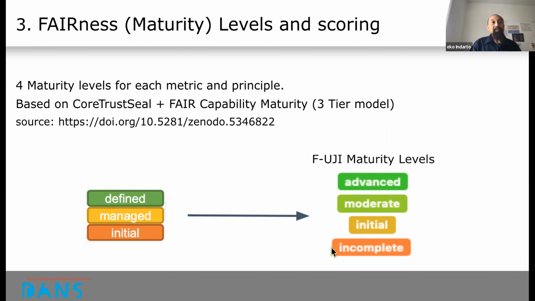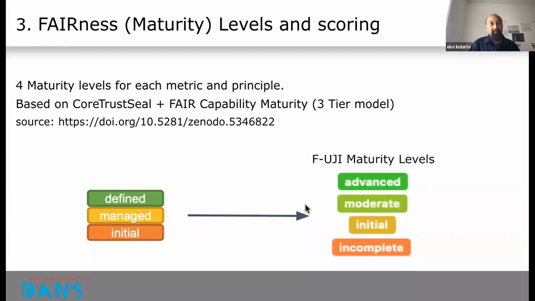On this slide, you can see a link to the document where you can view information about the three maturity models. Per FAIRsFAIR metric and also RDA indicators, a description is available on when compliance to a given level is met. If at least one metric of a given principle has reached initial, the corresponding principle cannot have a lower level, even if all other metrics are scored lower. Thus, it is considered to have reached